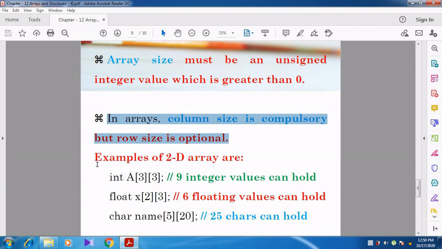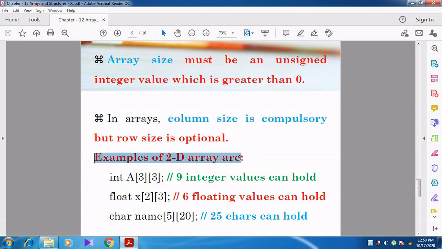Some examples of 2D arrays are given here. See here, int a[3][3]. Totally how many elements are there? Totally 9 elements, and all the 9 elements are integer values. Then see the next example, float x[2][3].